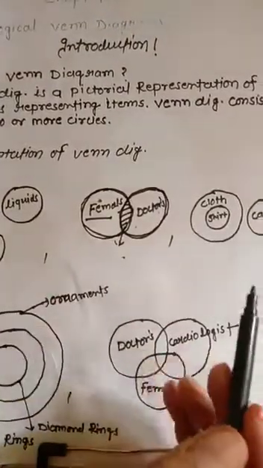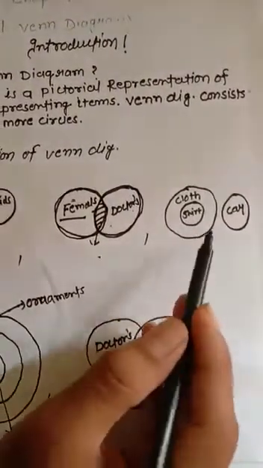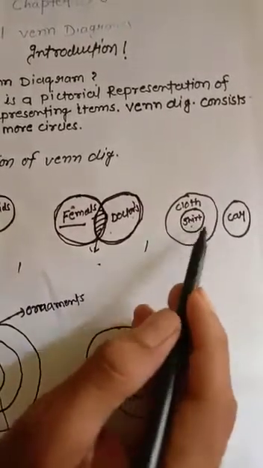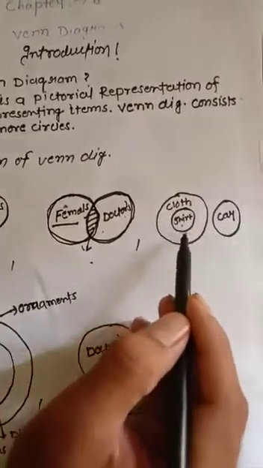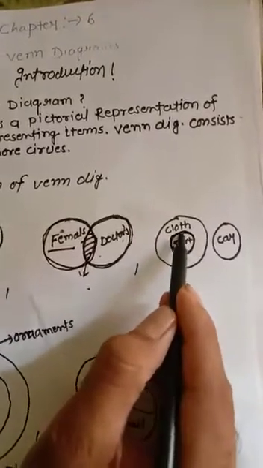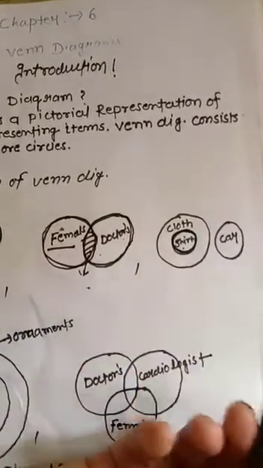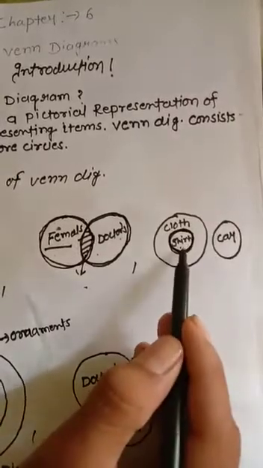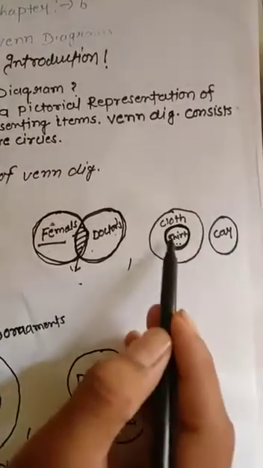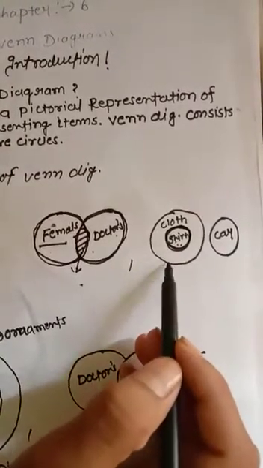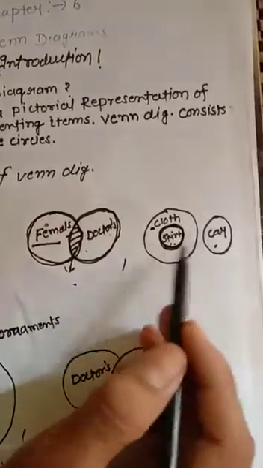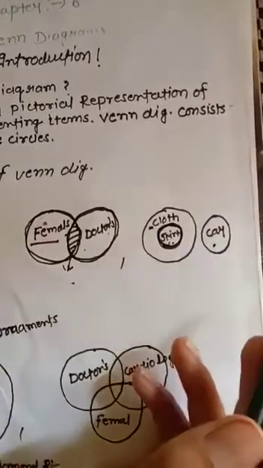Now come to the next one. Here it is mentioned shirt, cloth and car. If any circle comes inside another circle, that means we take the whole part, the whole shirts. As we know, shirts are made up of cloth, so we can say that all the shirts are cloth. Yes, because shirts are made with the help of cloth. So this Venn diagram says that all the shirts are cloth, but car doesn't have any relation with cloth, or with shirts.